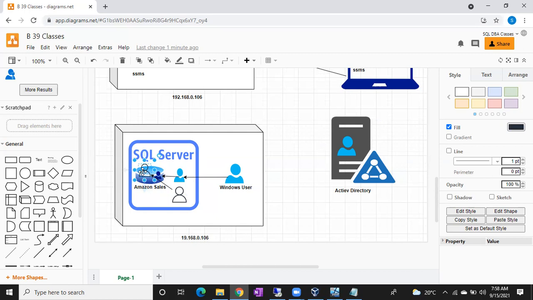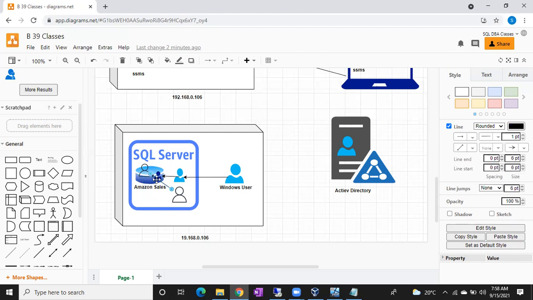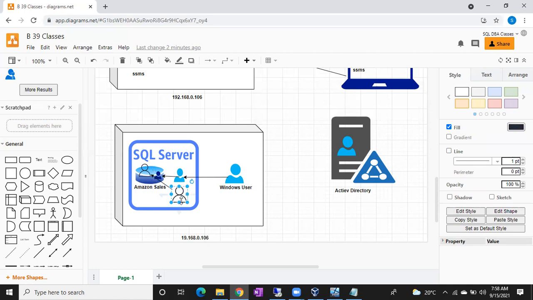That small Anjaneyulu is called the Anjaneyulu user. The users that are part of the databases, we usually call them users. This is the Anjaneyulu login, this is the Anjaneyulu user. This is the Srinath login, this is the Srinath user. The security entities that are part of the database are called users. The same security entities that are part of SQL Server are called logins. That is the difference between a login and a user.